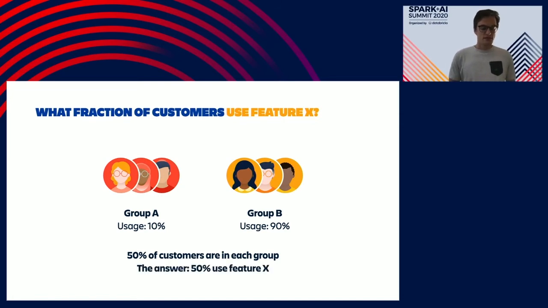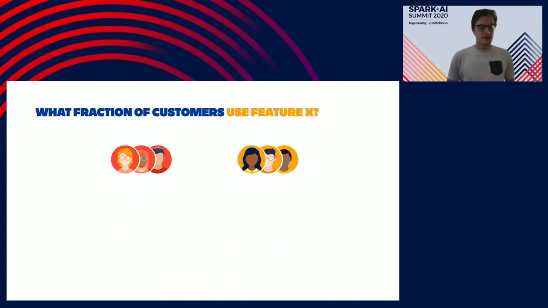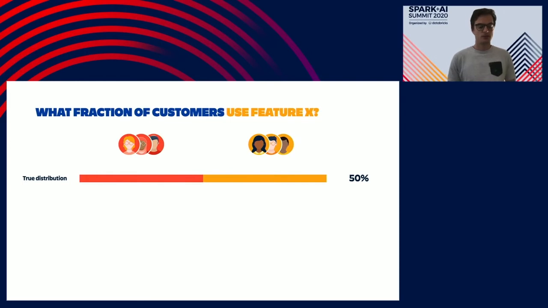So if we were answering this question and had access to the complete and true data set of product use, we'd say that 50% of customers use the feature, the average between them. And that's something that's easier to see when you have the full picture. Just create a 1 or 0 based on whether the customer uses the feature and take the average across your base. It's a very quick query.